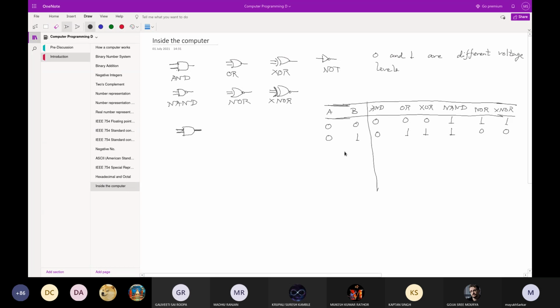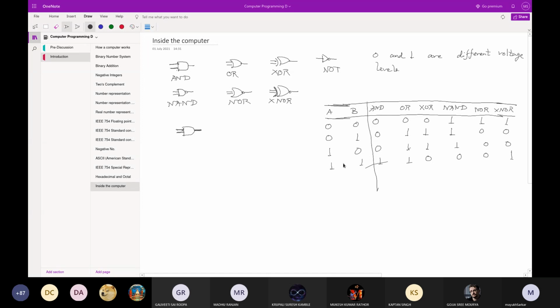So what I was saying, if it is 0 1, AND will be 0, OR will be 1, XOR will be 1. NAND will always be an inverted AND, NOR will always be an inverted OR, and XNOR will always be an inverted version of XOR. For 1 0, it will be the same outputs, and for 1 1, AND will be 1, OR will be 1, but XOR will be 0. NAND, NOR, XNOR will be 0, 0 and 1. Right? So that's how these gates are designed, to follow this truth table.